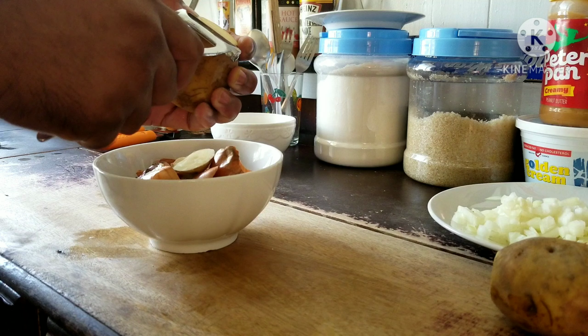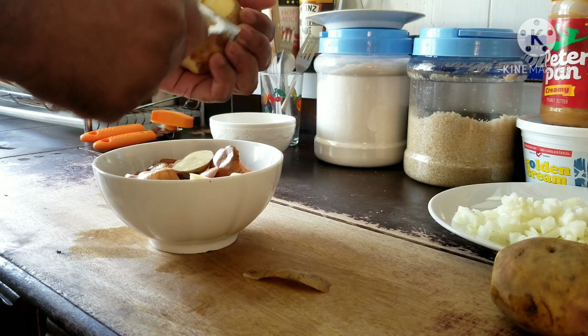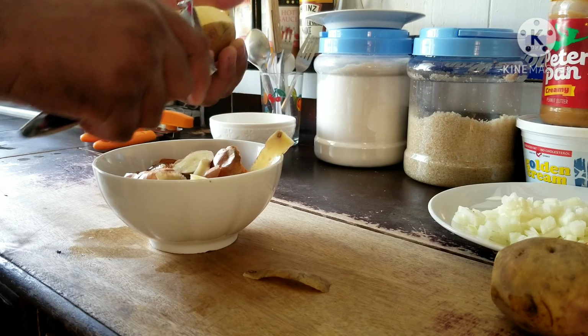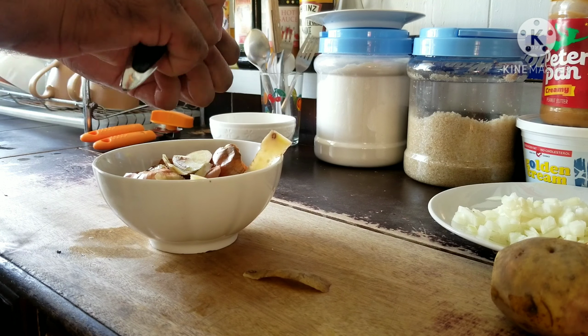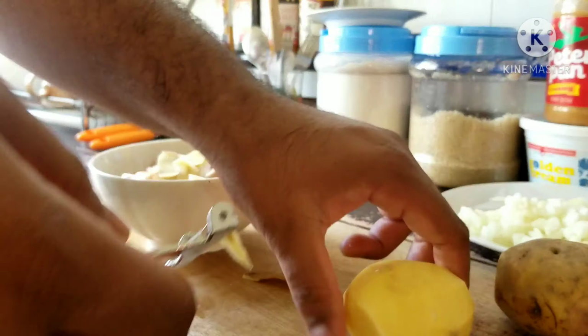Now, what gives our curry that body? We're peeling and dicing one medium onion and about two medium-ish potatoes. I don't know your potato size available, but I call this medium-ish potatoes. The easiest way I found to peel potatoes is just snip the ends off and then take a vegetable peeler